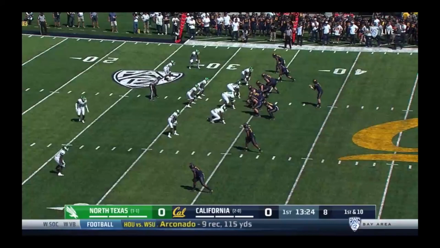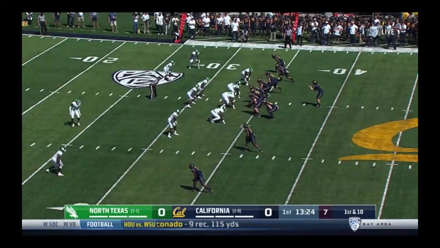Now, when a defense plays with split safeties like this, the concern for the defense is that there's no defender in the middle of the field, and so they need to keep receivers out of that area. To do this, these safeties are going to want to line up inside of their wide receivers so that they can cut off any inside breaking routes.